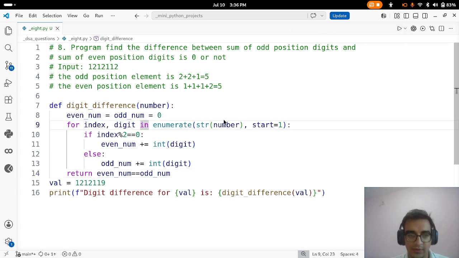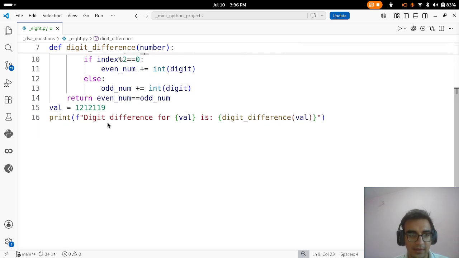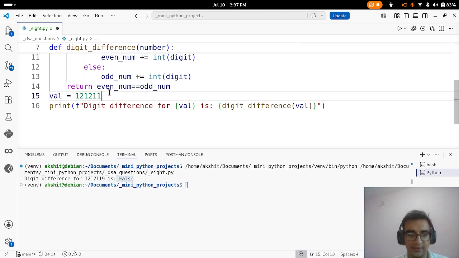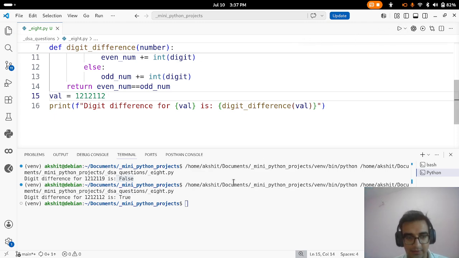Let's run the program. Currently here we have a very big number, so it says false. If I make it something like 2, then it will say true. And that's all for the code,